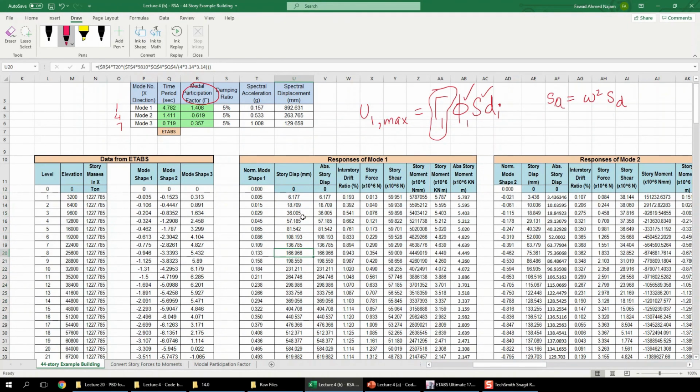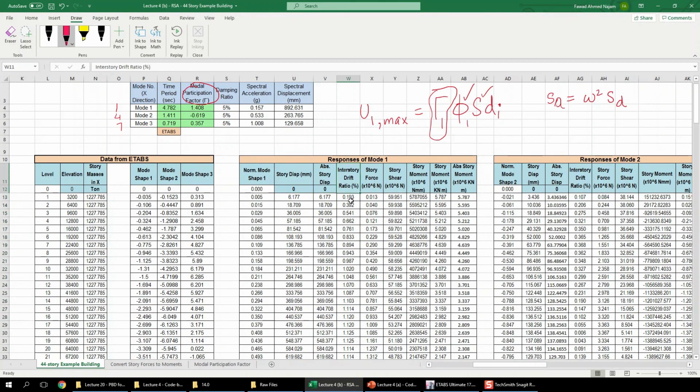For the purpose of plotting, the first mode shape may be in the negative or the positive direction, but we always want to plot the positive direction of mode shapes. So if there are negative numbers in mode 2 or 3, for example, we convert them to positive for the purpose of plotting and visualization. So I will take their absolute values, although for story displacement all the values are already positive, but I am still taking absolute values, and I will do it for the second and third modes also.